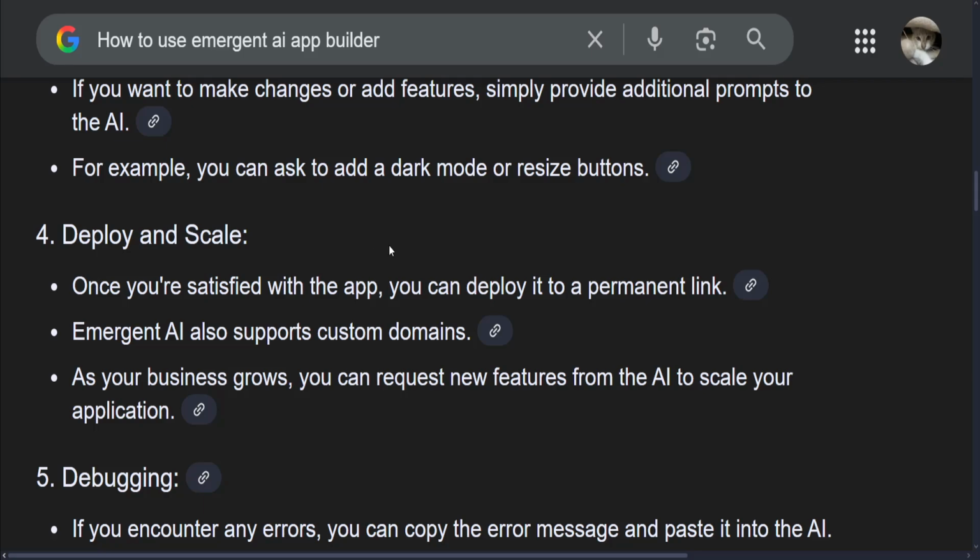Then you want to deploy and scale. So once you're satisfied with the app, you can deploy it to a permanent link. Then Emergent AI also supports custom domains, and as your business grows, you can request new features from the AI